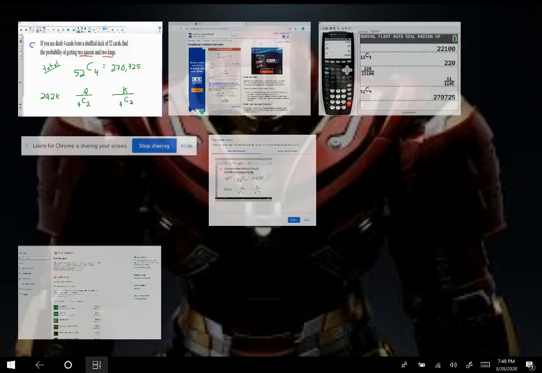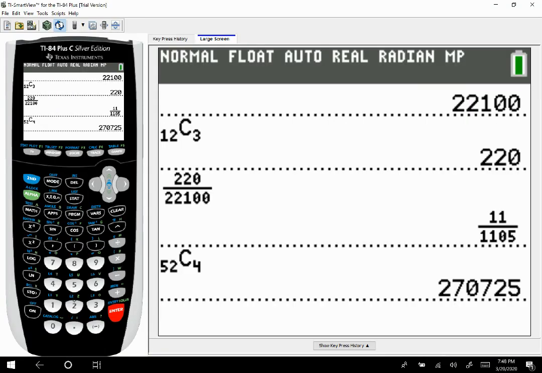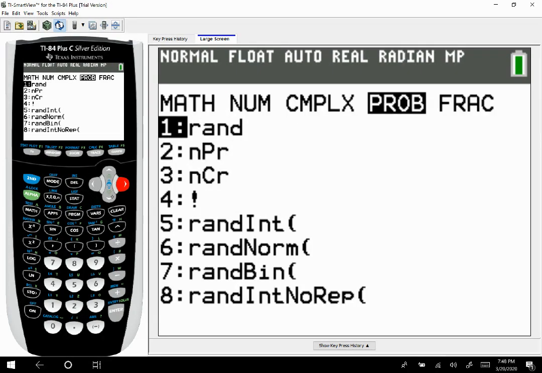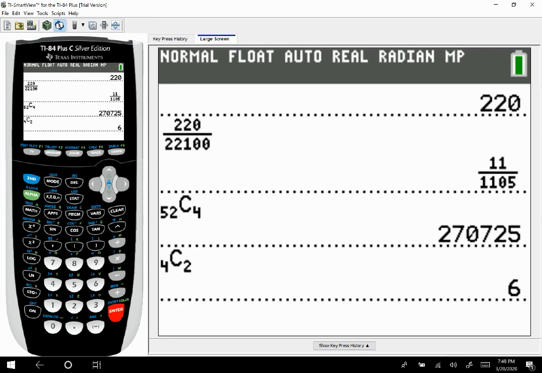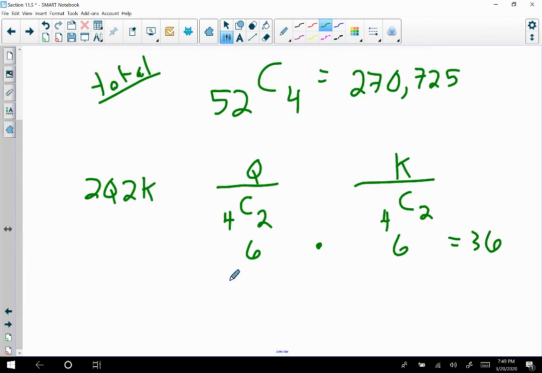So grab our calculator. We've got 4, math, choose 2. 6. So 6 times 6 is 36, because this is 6, this is 6. We're going to multiply those two answers together. So there are 36 ways to have 2 queens, 2 kings. So what is the probability going to be? 36 all over